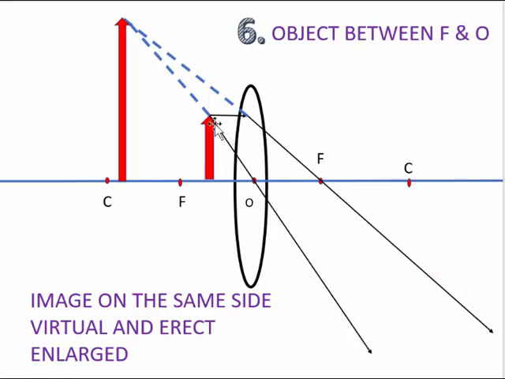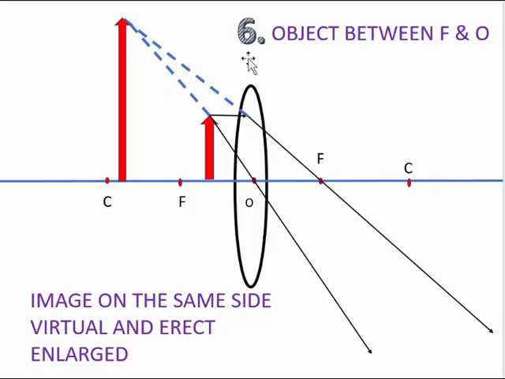But if we extend these two light rays on the other side, they appear to be meeting. Now mind you, these dashed light rays are not the actual light rays, but they are virtual light rays. That's why, remember, any two light rays which appear to meet at a point will always form an image which is going to be a virtual image. So this is the only case in convex lenses where we get a virtual image as well as an erect image. The image as you see here is not inverted as in the other cases, but it is erect.